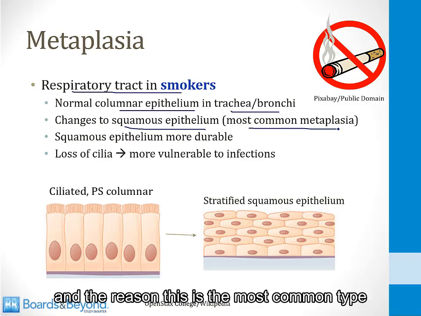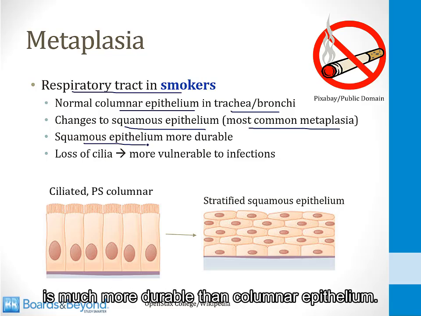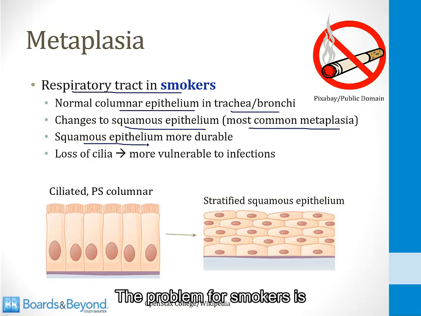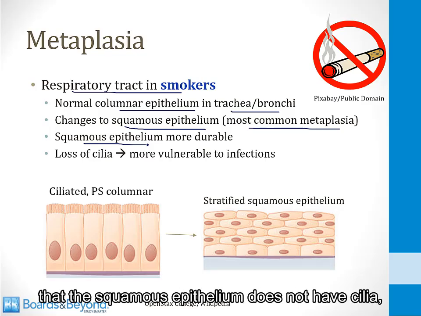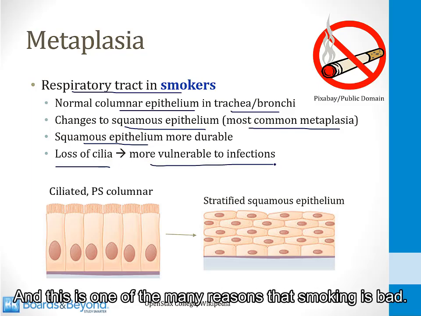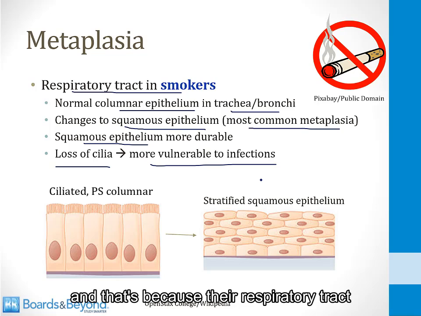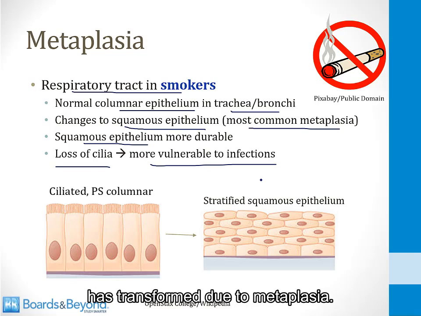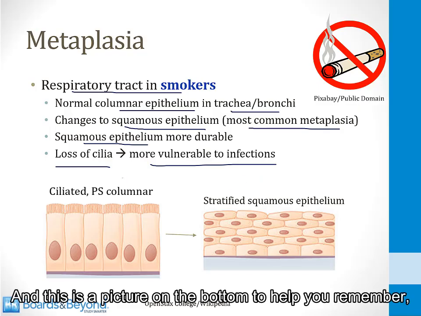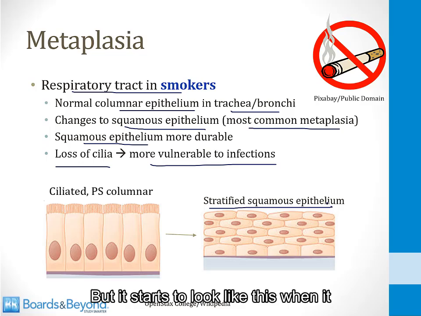The reason this is the most common type of metaplasia is because squamous epithelium is much more durable than columnar epithelium. The problem for smokers is that the squamous epithelium does not have cilia, so now they are more vulnerable to infections, and this is one of the many reasons that smoking is bad. In addition, you may know that many smokers develop squamous cell carcinoma, and that's because their respiratory tract has transformed due to metaplasia. And this is a picture on the bottom to help you remember. This is what the respiratory tract should look like, but it starts to look like this when it is exposed